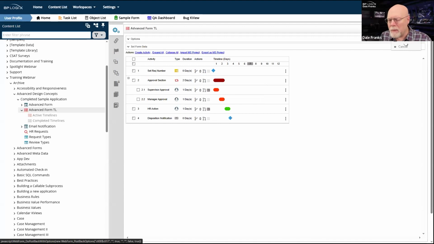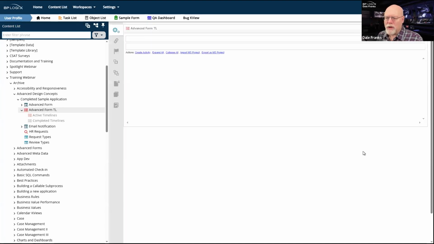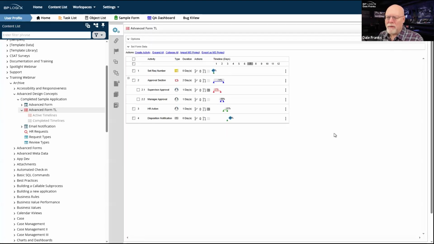So in the timeline definition itself, there is an analyze timeline view that you can turn on. And what the analyze timeline view will do is it will tell you how closely the actual performance of your process comports with the configuration that you have made for your process.